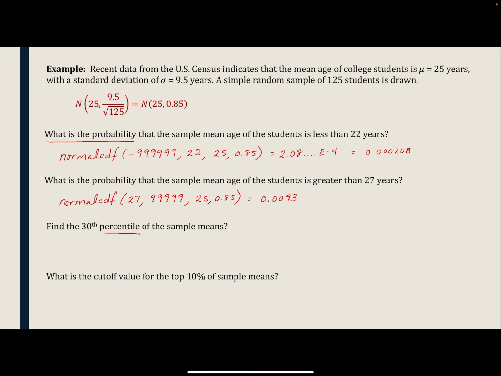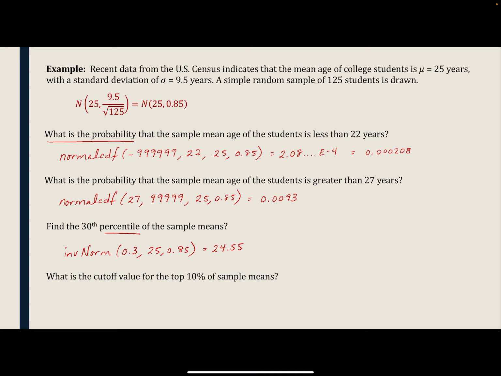Percentiles are automatically left areas, so whether or not you have the new calculator or the older calculator, you're going to use 0.3 here. You don't have to adjust anything if you have the older calculator. And then still use the mean and the standard deviation from the sampling distribution. If you have the newest calculator, make sure you choose left as the area, since this is a left area. And we will get